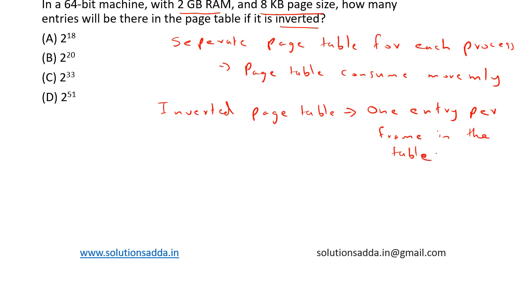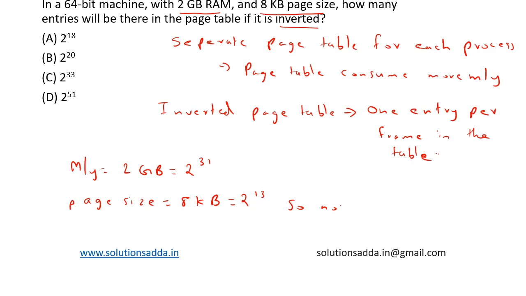So we have less number of entries, and this is for the whole system and not for a single process. So let's try to find out how many entries will be there. It is given that memory is equal to 2 gigabytes, which is equal to 2 to the power 31. Now page size